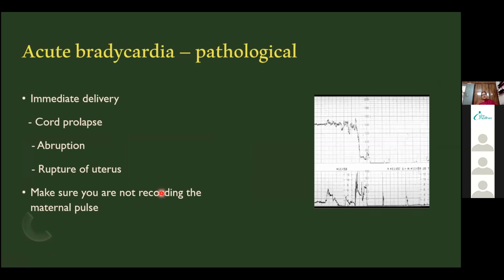This is one condition, acute bradycardia, where you have to do an emergency delivery. Okay. So acute bradycardia, heartbeat had been normal, suddenly it dips down and remains the same. Whenever it dips down like this and remains at the same level, make sure it is not intrauterine fetal demise, and that you are not tracing the maternal pulse. Okay, when can this happen? This acute bradycardia, it can happen in a cord prolapse. So whenever there is a polyhydramnios,